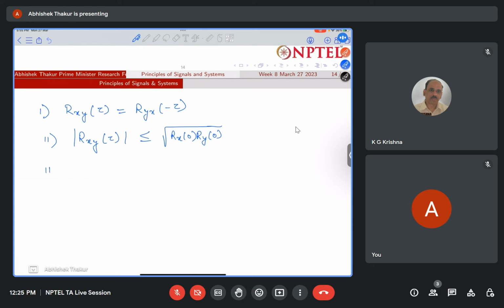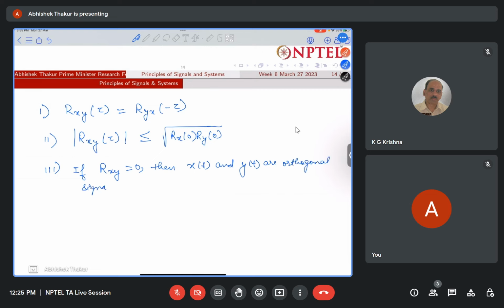And the third is, if Ryx is equal to Rxy is equal to 0, then x(t) and y(t) are said to be orthogonal. Why? Because these signals do not have any relation. That's why we are finding cross correlation between two signals. So if Rxy is equal to 0, then x(t) and y(t) are orthogonal